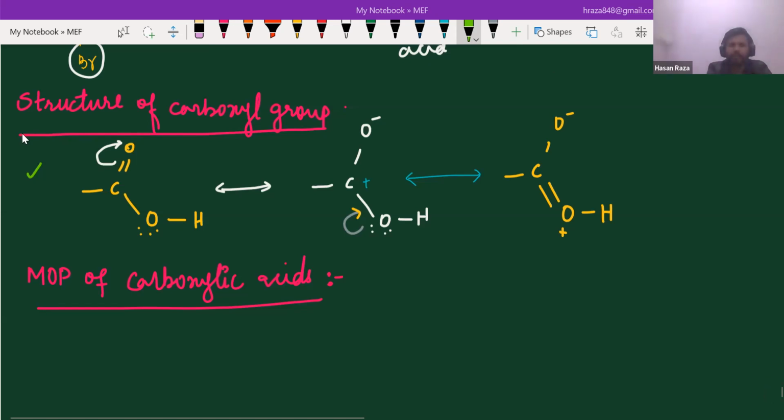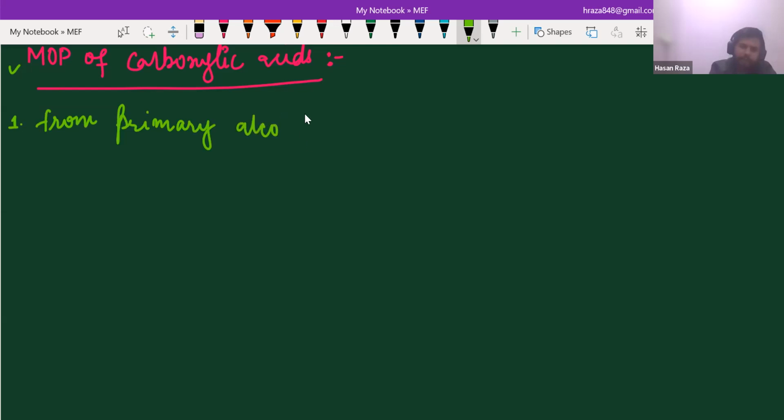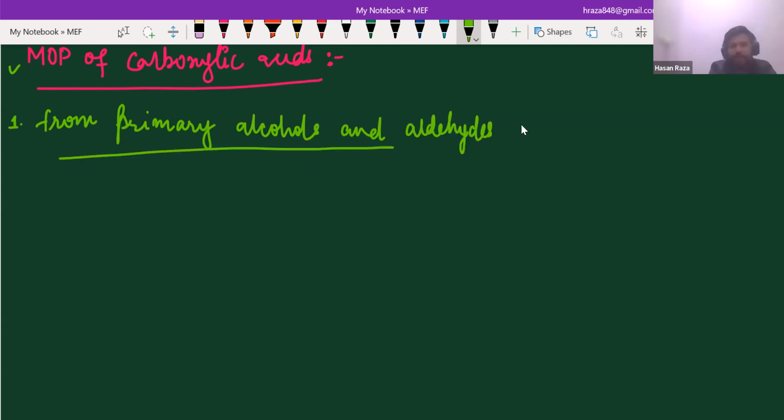Now we are going to see the MOP, that means methods of preparation of carboxylic acid. And the first one is from primary alcohols that you have already studied. Primary alcohols and aldehydes. As you know that you have studied this in chemical properties of alcohol and chemical properties of aldehyde, that when